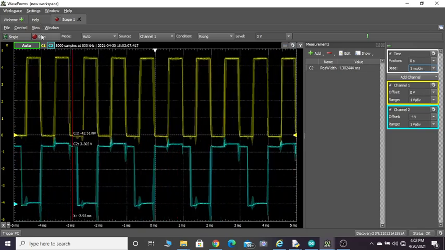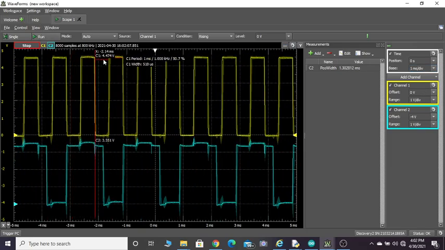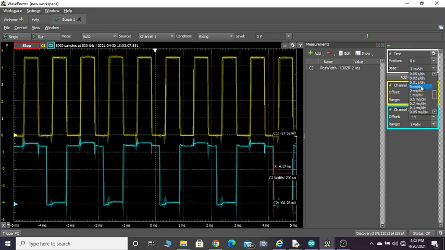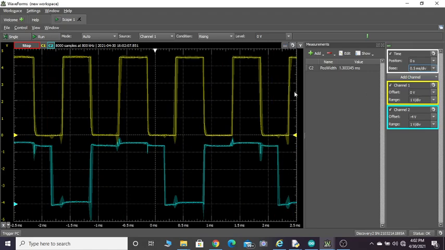I will stop it. Now I can also demonstrate the non-retriggerable condition of this 555 timer. If I slightly expand this waveform, by making this 0.5 millisecond, see now here, this is a valid trigger signal. From here the pulse width starts. Pulse width is going up to this point. So this is the pulse width, which is almost 1.3 millisecond.